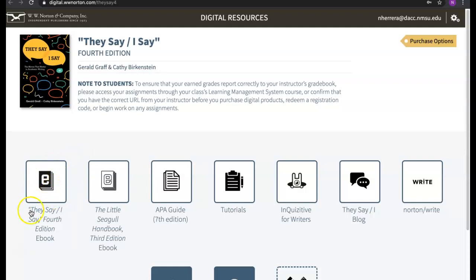Now I am showing you this through the ebook because obviously I'm recording it through the screen, but you can read the chapter in your textbook if you bought it in physical form, or you can read it through the ebook. And in case you're wondering where you should go to access your ebook and activate your access card, in case you haven't done so, it is